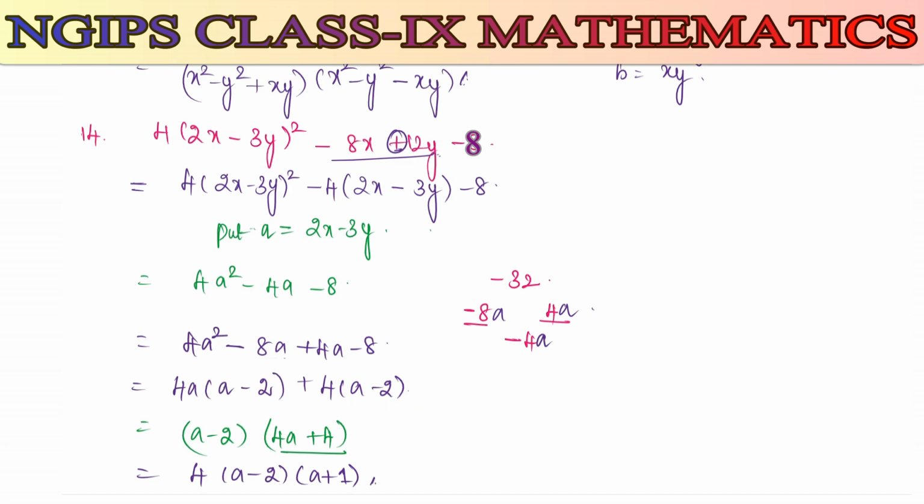Okay, now we will move to the next one. We have here the 19th one: 2(ab + cd) − a² − b² + c² + d². I am going to multiply 2 inside.